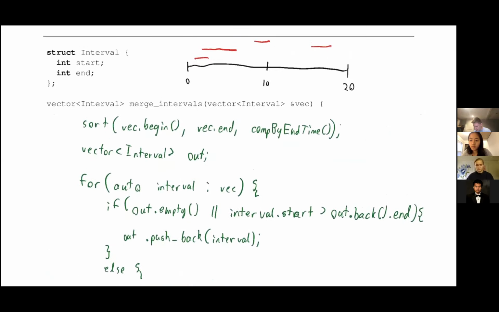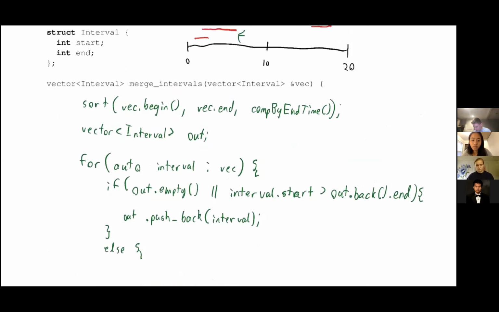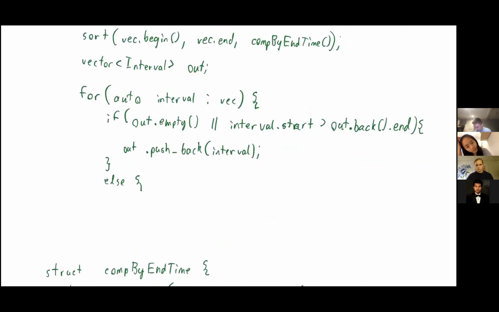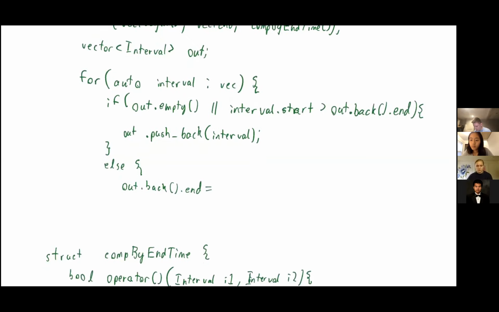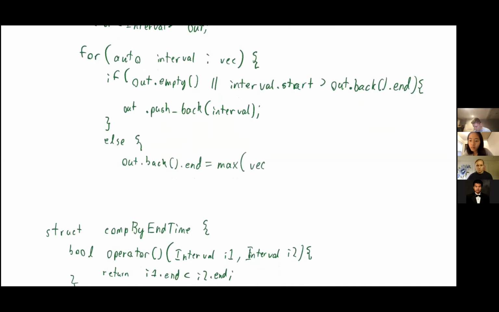So that's like this case right here. If they do overlap, then I'm just going to merge these into one big interval. So I'm going to say out.back().end equals max of out.back()